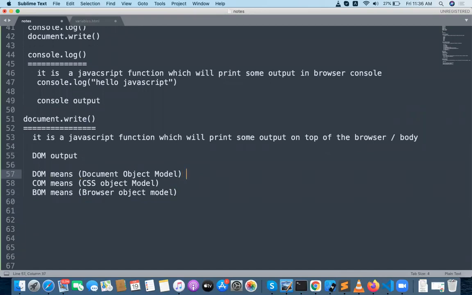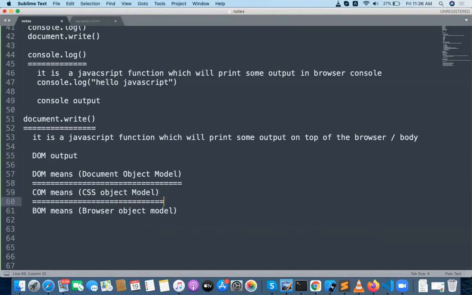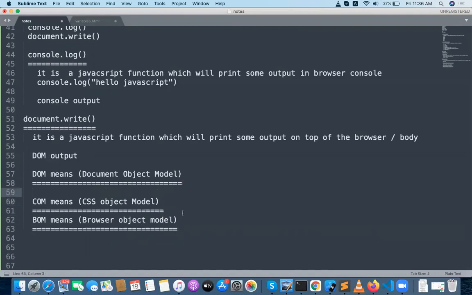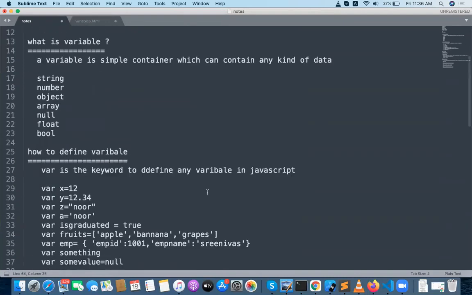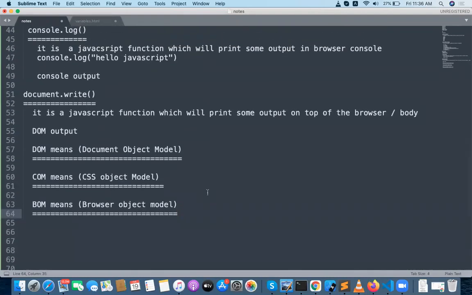I will explain JavaScript in three patterns: the DOM level, the SOM level and the BOM level. All of these are very, very important.